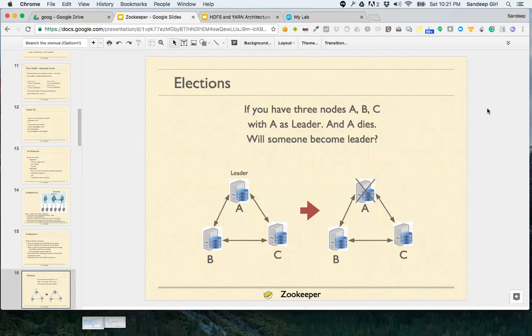A question I missed earlier from Ali is, doesn't this make a bottleneck if there is only one leader and everybody is talking to a single machine? So read requests are served by all other nodes. The followers as well as the leader respond to read requests. Correct? And only the write request, the change request, is handled by one machine, because if there are multiple machines making modifications, it becomes impossible to have a consistent state.